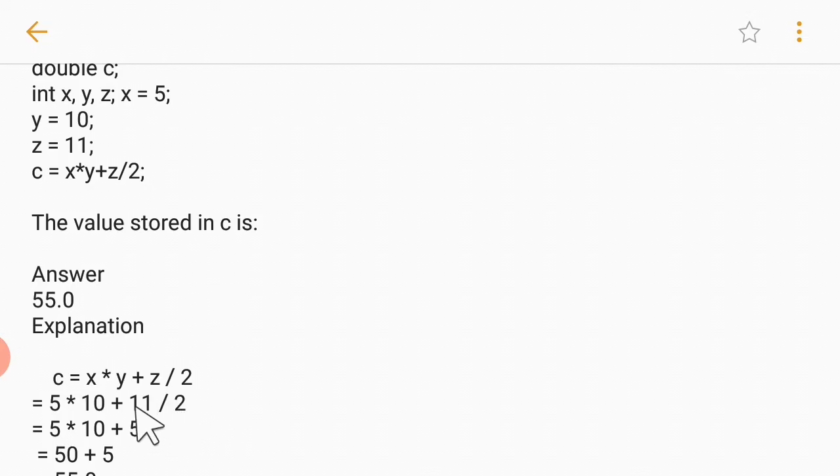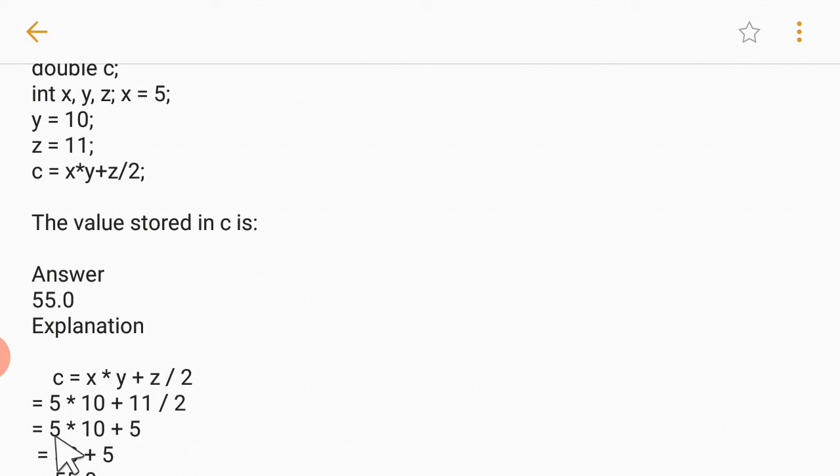So when in the division both are int type, that means the result will also be of int type. It's a pure expression. Here we have 5, because 2 fives are 10 and the remainder is 1. Generally you would say that it is 5.5, but here, since both the numerator and denominator are of int type, the answer will be of int type. So the fractional part will be gone. Okay, only 5 will be there.